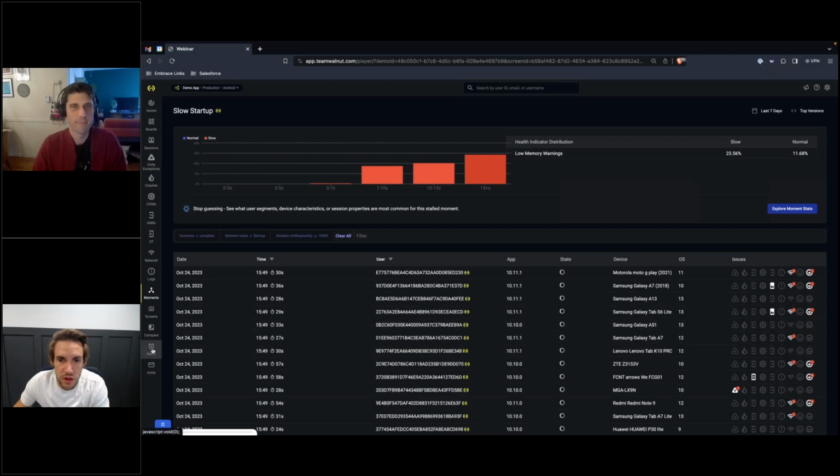Let's wrap up with alerting. It's great to have all this information, and it's interesting to be able to dig through it, but really what it comes down to is, nobody wants to live in a dashboard, right? Nobody wants to constantly be checking and looking for issues or slowness. Instead, we want to know about those things.